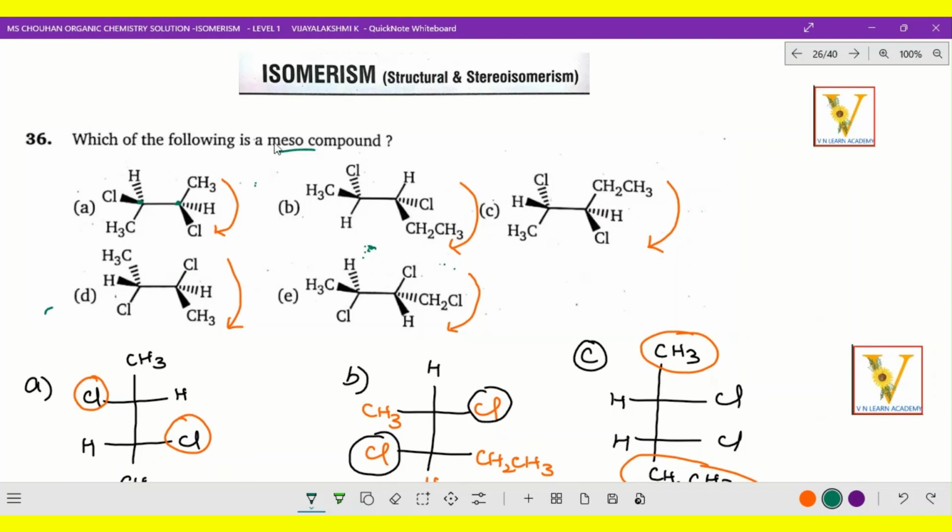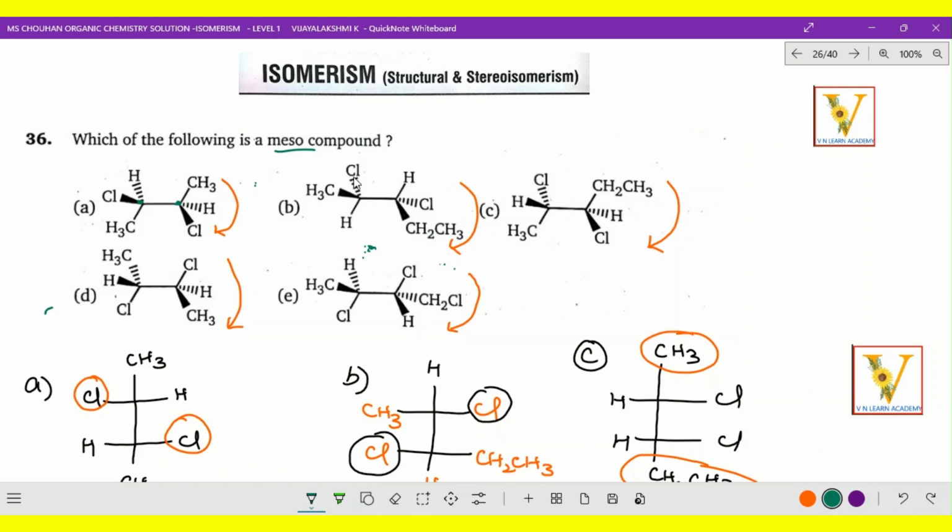Meso compound. Which are the compounds that are meso? Right, come on. Now, first and foremost, meso means it has to be an achiral compound, and POS, COS will be present. Achiral means the same or identical things will be available, identical groups or atoms. And the next one, a minimum of two chiral centers has to be present. And POS, COS, 100% it will be present.